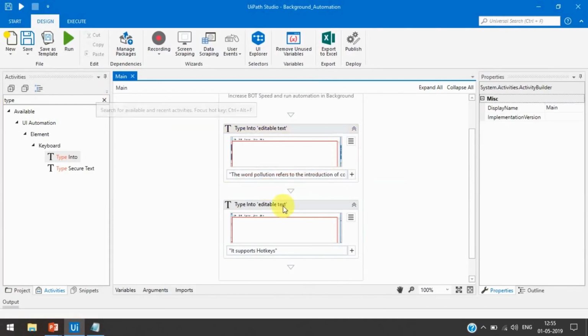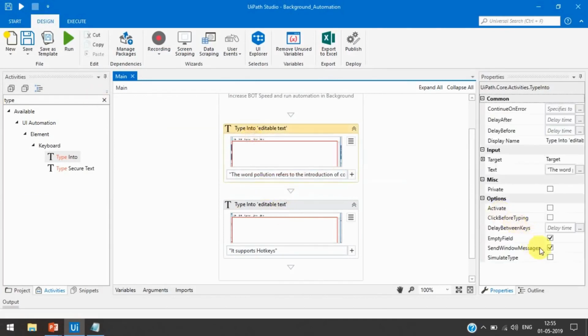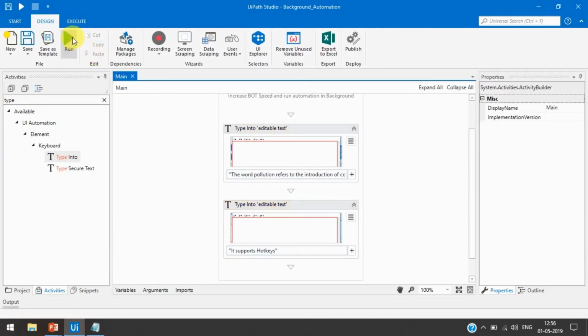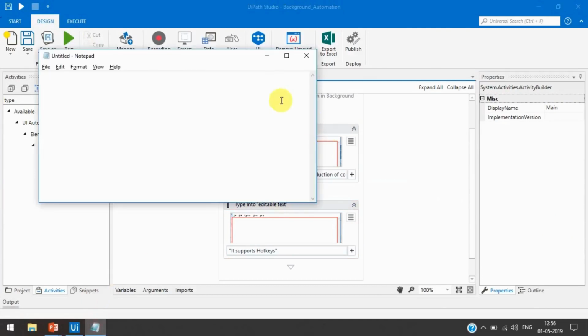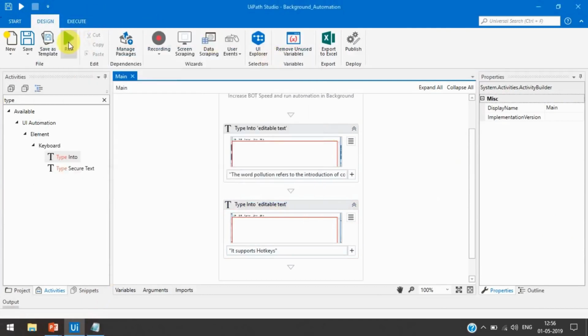So let's run this now. For that we'll have to select the send window message, and from here also we will select send window message, and then we'll remove this, uncheck this, and let's run this. First I'm going to keep this in the background and let's run this.